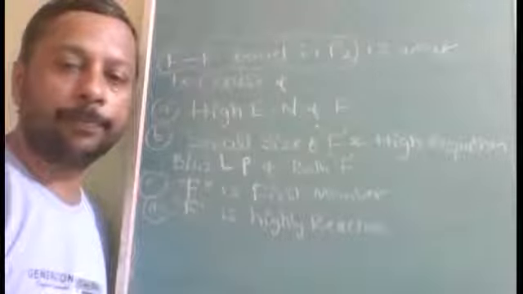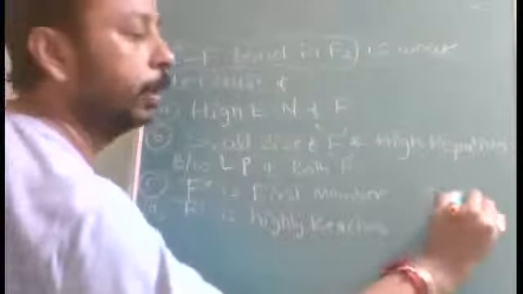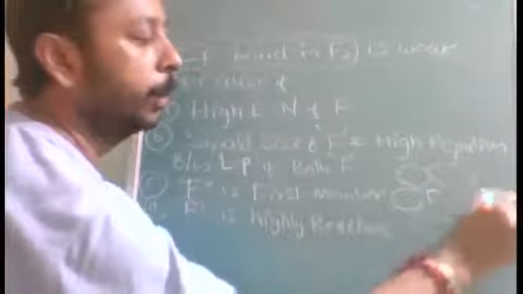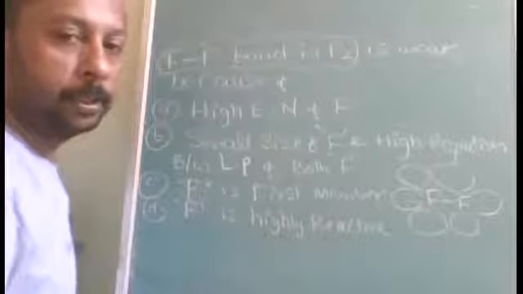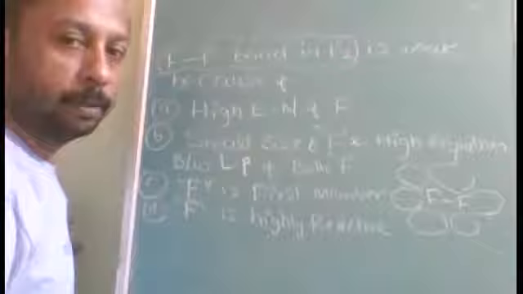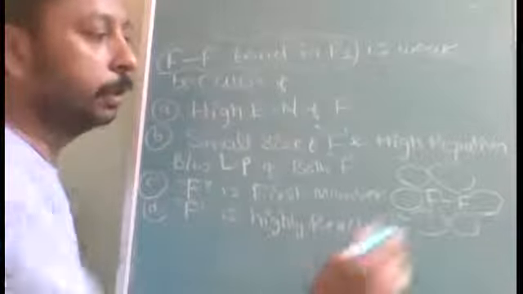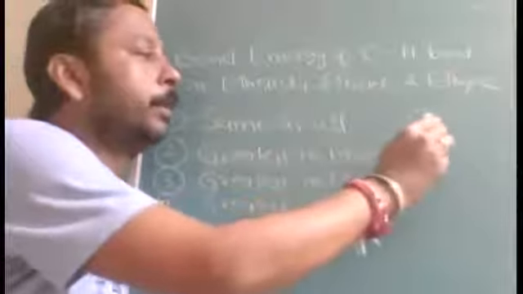Okay. So the answer to this question is very simple, due to small size. See, this is fluorine and fluorine, and these are the lone pairs. So there will be a huge repulsion between the lone pairs, hence the bond breaks easily. But actually speaking, a small bond should require more energy. But that is the exception, and this exception also has an explanation. Okay, see, very simple question but tricky question.